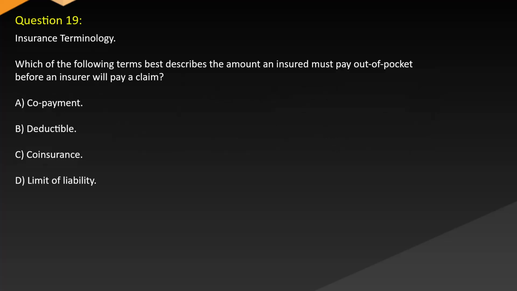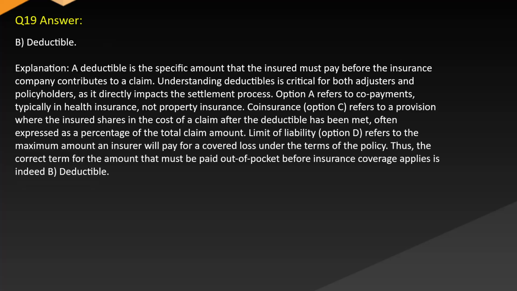Question 19. Insurance terminology. Which of the following terms best describes the amount an insured must pay out of pocket before an insurer will pay a claim? A. Copayment. B. Deductible. C. Coinsurance. D. Limit of liability. Answer. B. Deductible. Explanation. A deductible is the specific amount that the insured must pay before the insurance company contributes